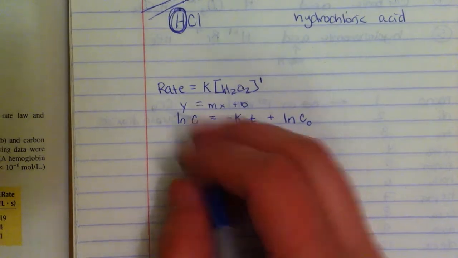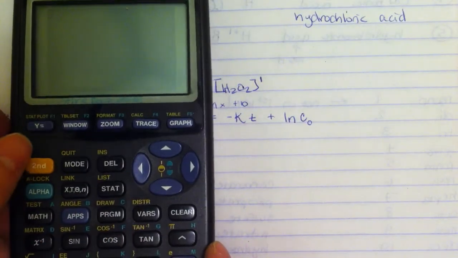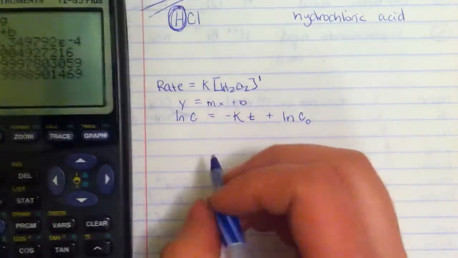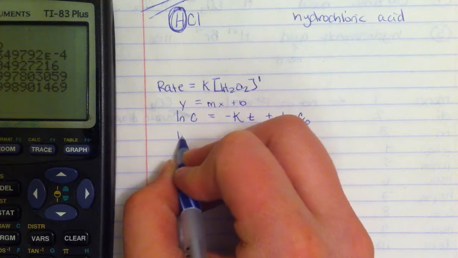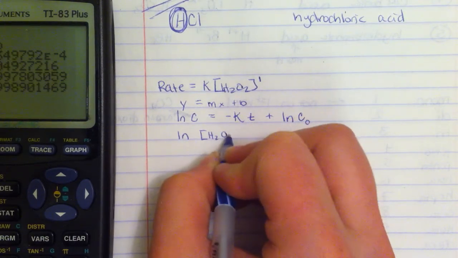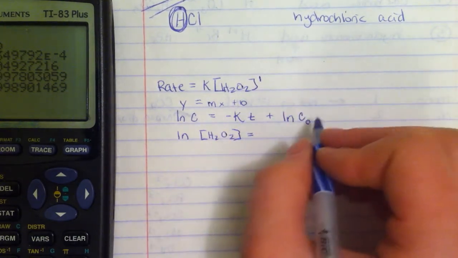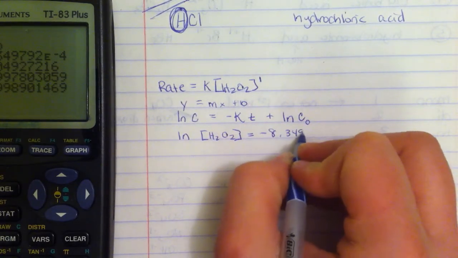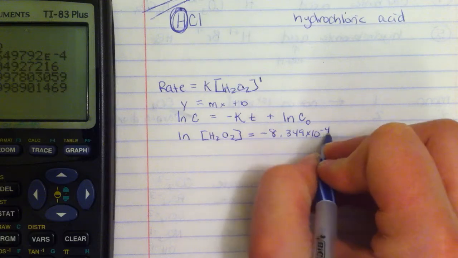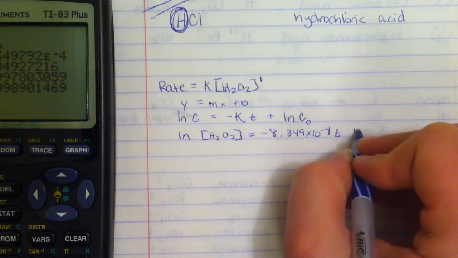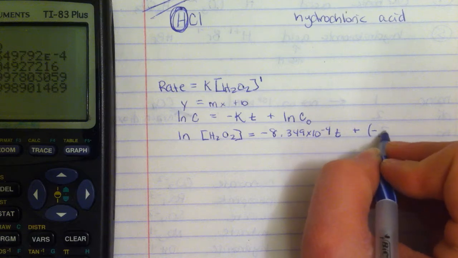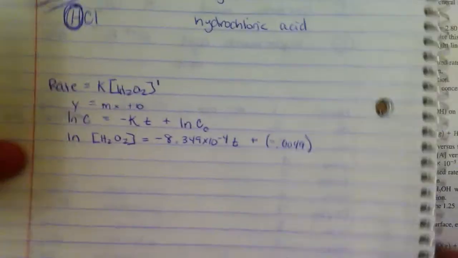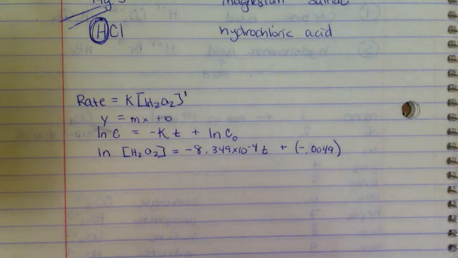So I look at my calculator. Okay. I look at my calculator and I see that the ln of the H2O2 will equal negative 8.349 times 10 to the negative 4th T plus negative 0.0049. Okay, so